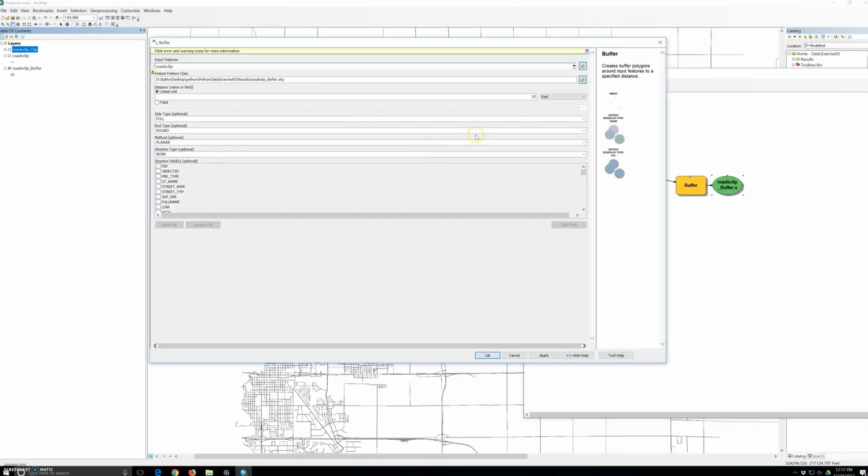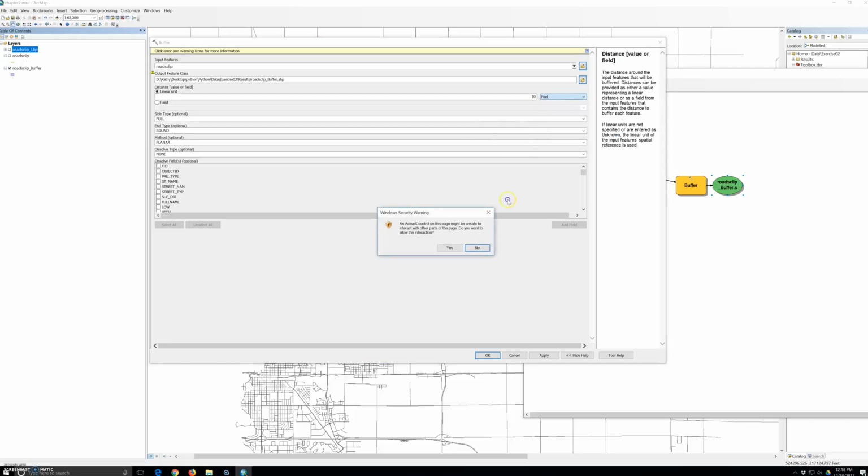Let's change the parameter. Linear units. Buffer. Let's do